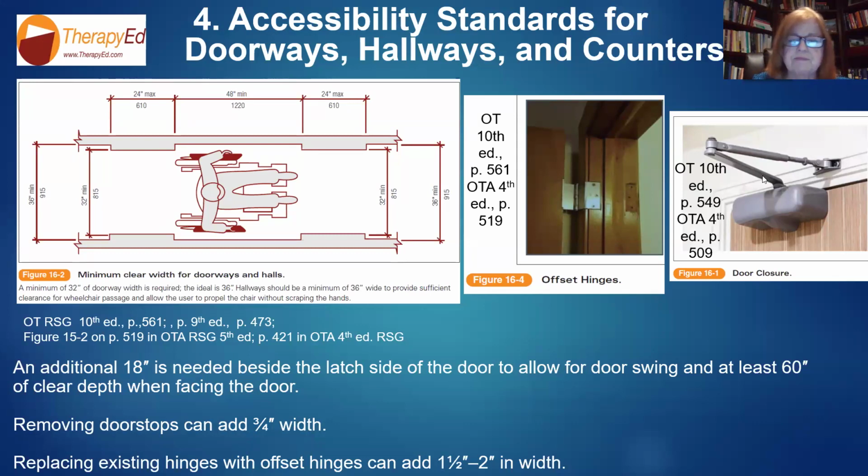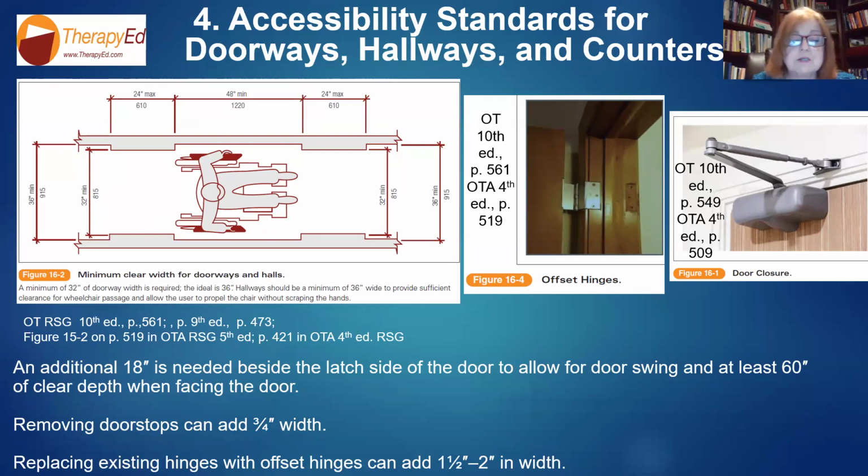I don't know how to describe how they work, but basically they don't require any electricity. They're the thing that allows the door to close slowly instead of slamming. I forget the exact amount of time, but it's like 10 or 15 seconds that it takes to close. So that can enable access. So be aware that some of these accommodations, like offset hinges, door closers, even door stops, can actually enable someone who has a narrow doorway to get, maybe not to 36, but to a 34-inch clearance for themselves. That could be very helpful.